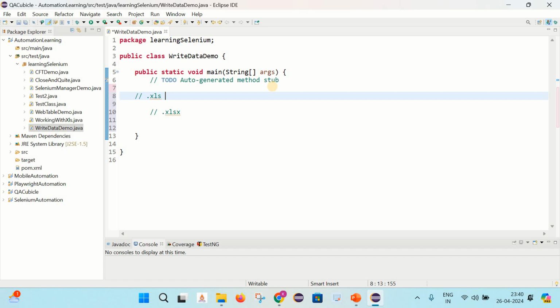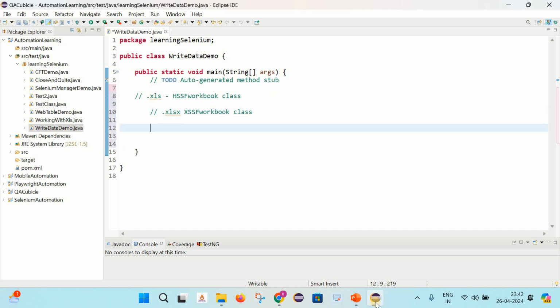And if we want to work on the sheets that have the .xls extension, then we need to use the HSSFWorkbook class. And if we want to work on an .xlsx workbook, then we need to use the XSSFWorkbook class. Okay,